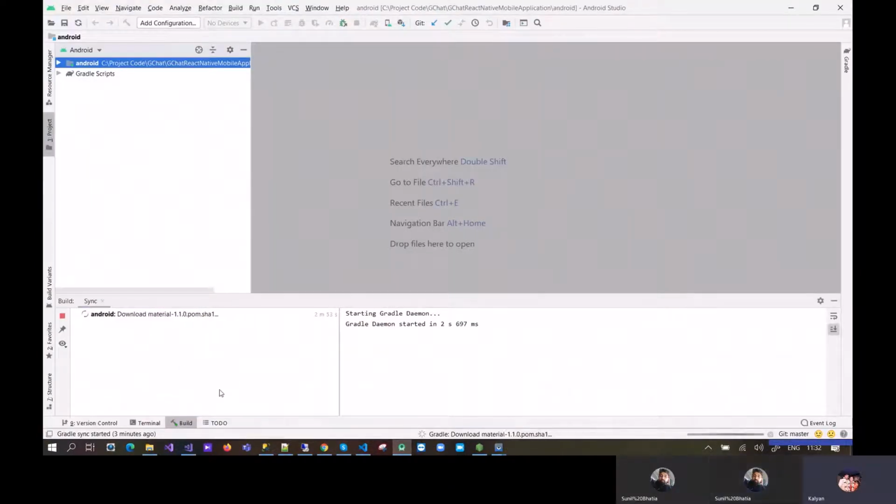So it's downloading, right? Still downloading other things. Yeah, it will take time, around 5 to 10 minutes, might be. Yeah, because if it is a broadband connection, it will be a 1 minute job. But right now I'm using a mobile internet connection, 4G. That's why it is taking time.